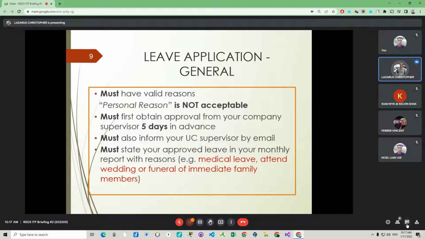Now you cannot just put simply personal reason. So you must put in something. So it can be medical leave. Maybe you want to attend a wedding or funeral. Of course we cannot predict a funeral. So that means as much as possible, I think in minimum number of days before someone is